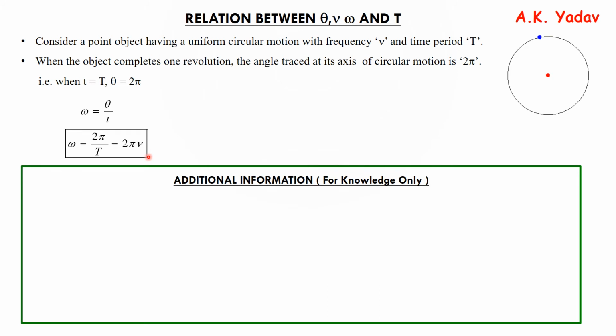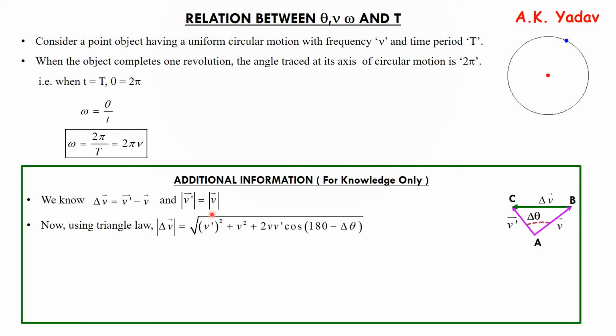Now this part is additional information for your knowledge and for solving numericals by a shortcut method. So we know delta V is equal to V dash minus V. I told this earlier. And the magnitude of V dash and V is same. This is V, this is V dash. We have named points ABC. Delta theta is the angle.